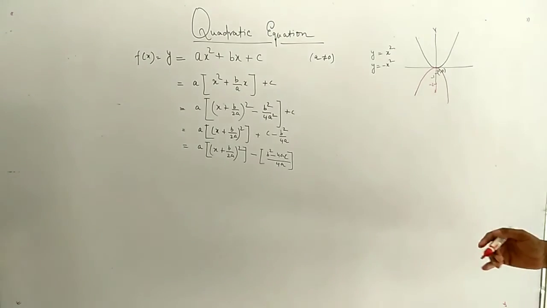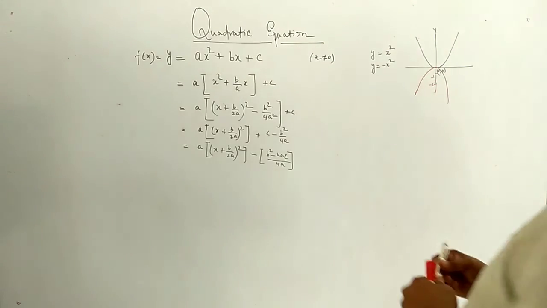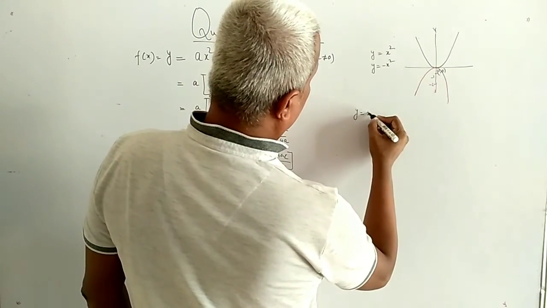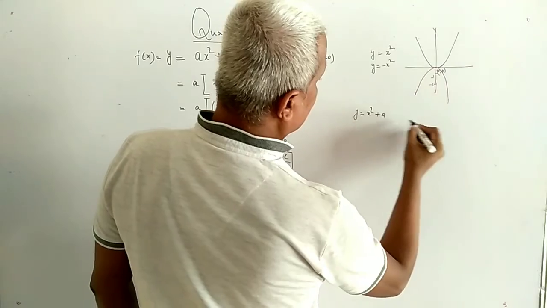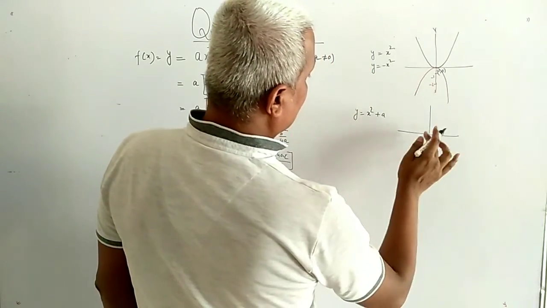So it is decreasing. So the 0 will become the maximum value of the expression. Now if you have y equal to x square plus a,